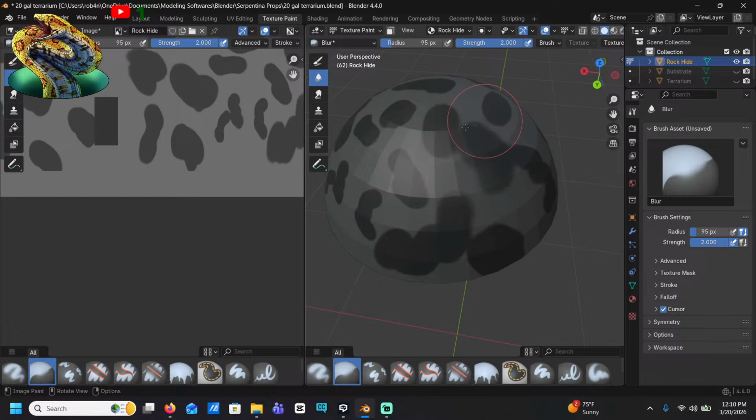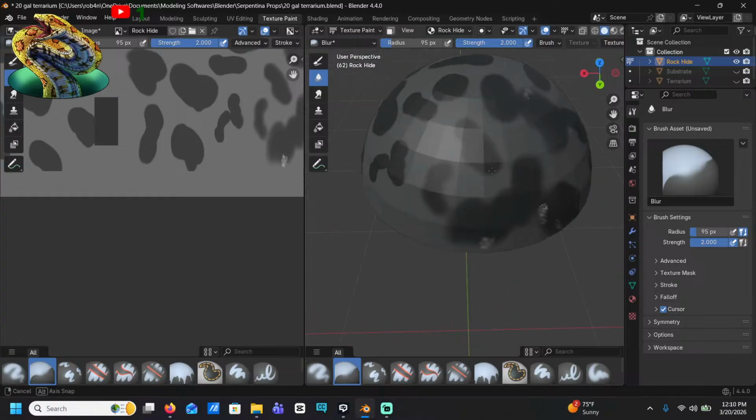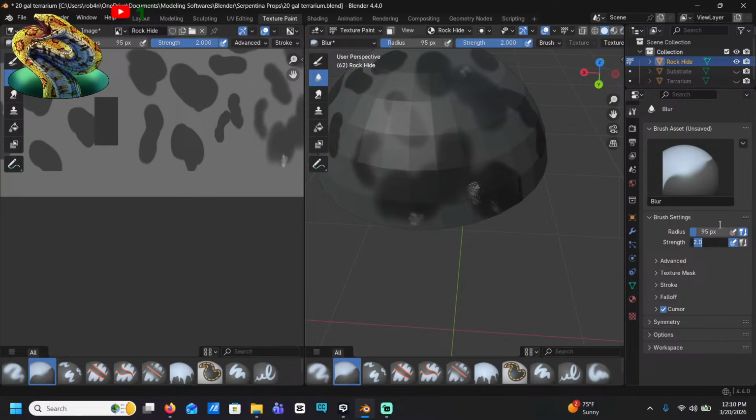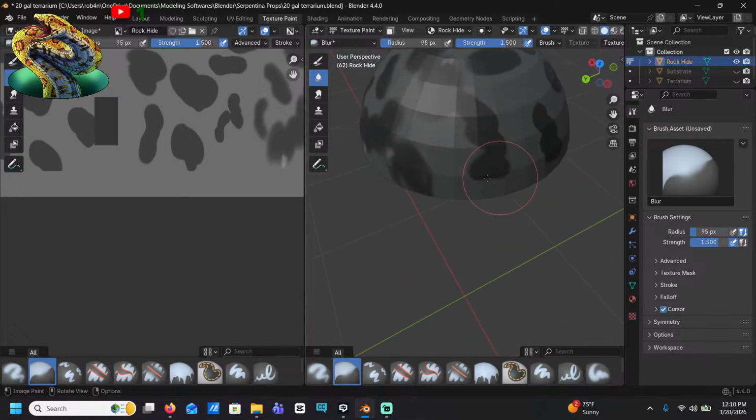Yeah, you blur all that gray. Woo! Oh, it's turning white now, I guess, but that's fine. I know if I have it turned up too high, it does do that. Yep, there it goes. But that's okay. It doesn't look that bad on it. Maybe turn it down to 1.5, actually. There we go. That's extra blur. It's like it runs out of texture and doesn't know what to do about it, so it just turns it white, which is kind of funny to me. Wait, if I just hold it, does it just... I guess it doesn't. Okay.